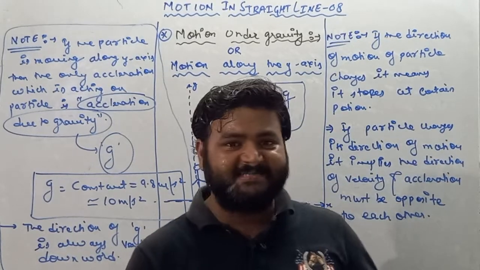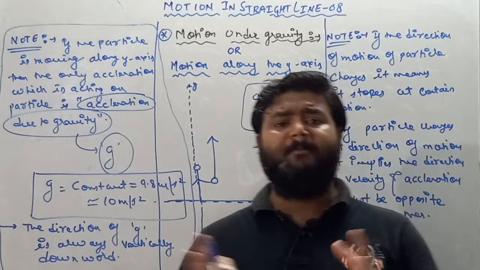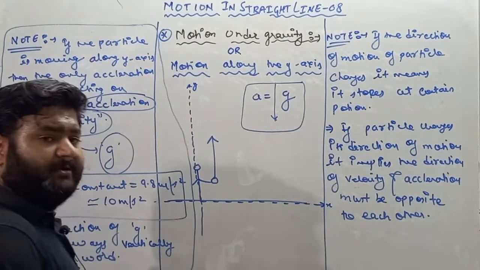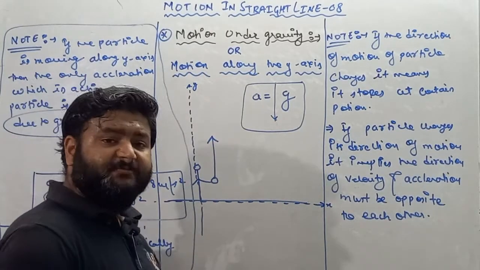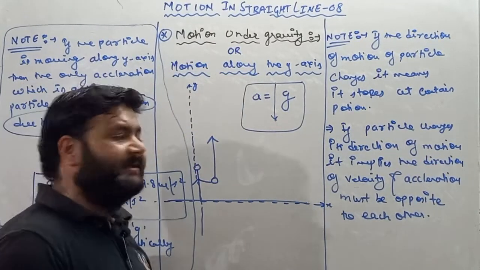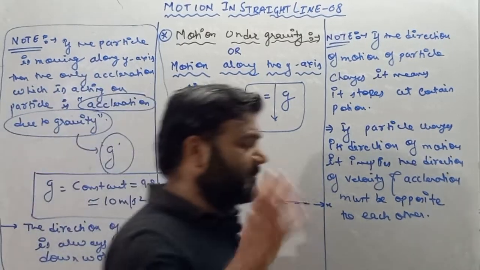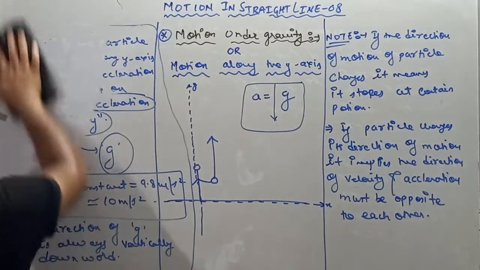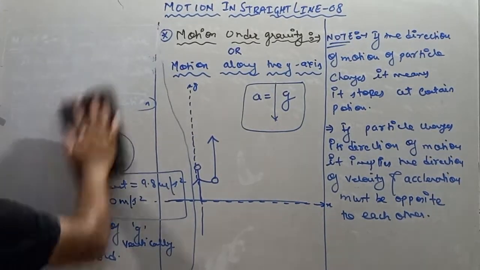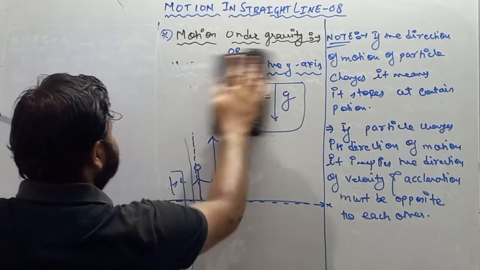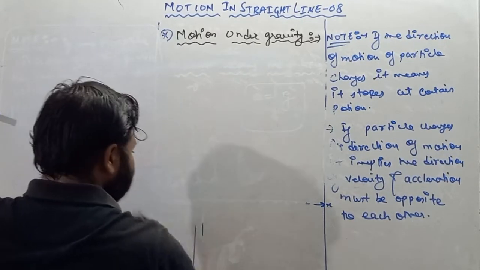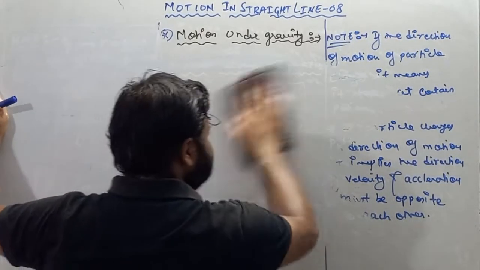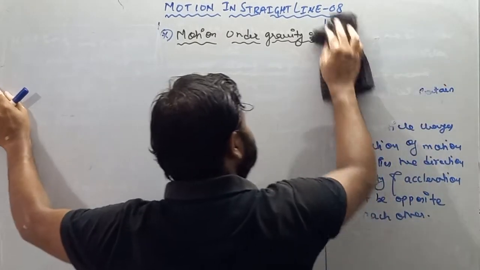So I hope you all understand this normal condition of motion. Now come to our topic, which is motion under gravity, or we can say motion along the y-axis. So remember this thing, my dear students, if a particle is performing motion along the y-axis, then the only acceleration acting on the particle is acceleration due to gravity, and g is a constant value term, and its value is